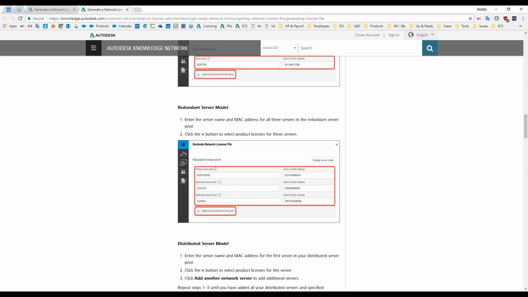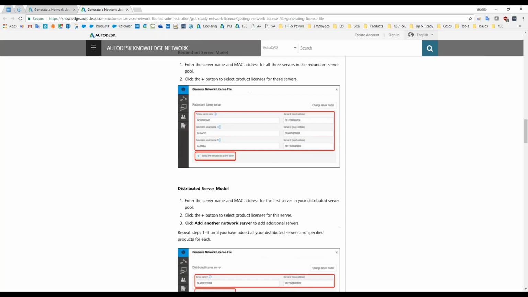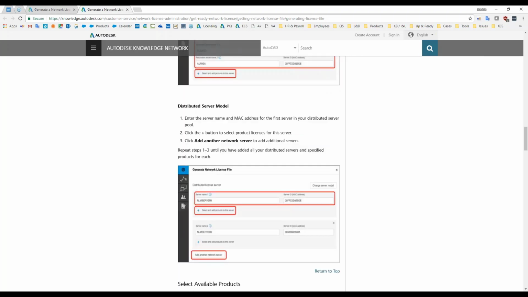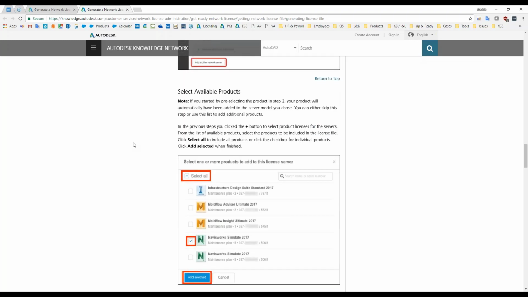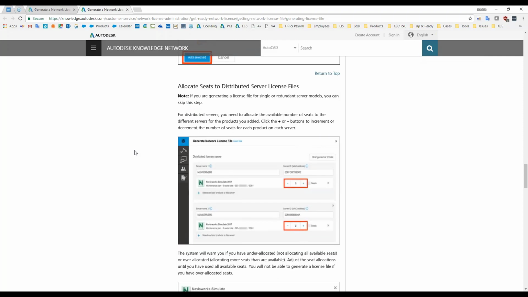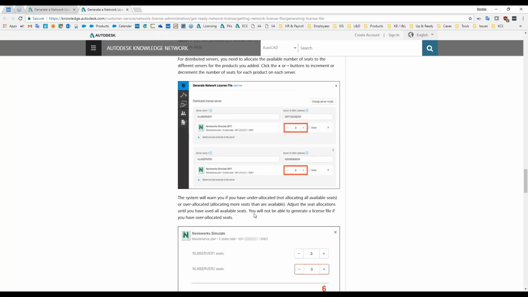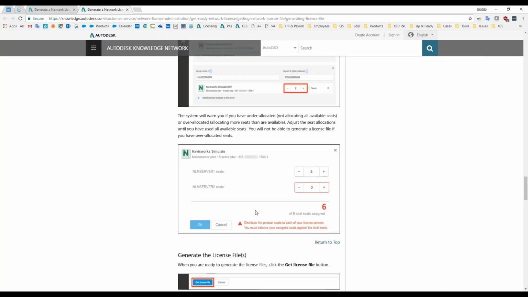Again, for the redundant server model, you need to enter information for each server, so host name and host ID. Same for the distributed server model. One thing about the distributed server model is that you can select the number of seats or specific products that you want to include on each server, and the number of those seats as well. It's a pretty straightforward procedure, so it has been included recently in our Autodesk account as a guided